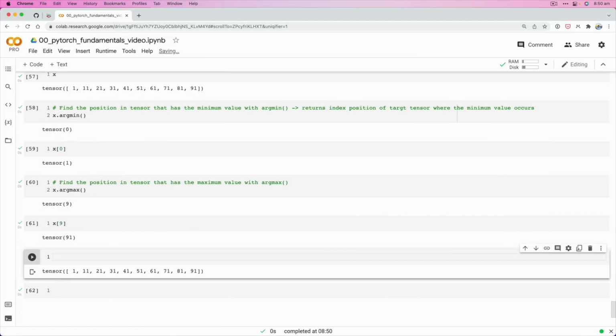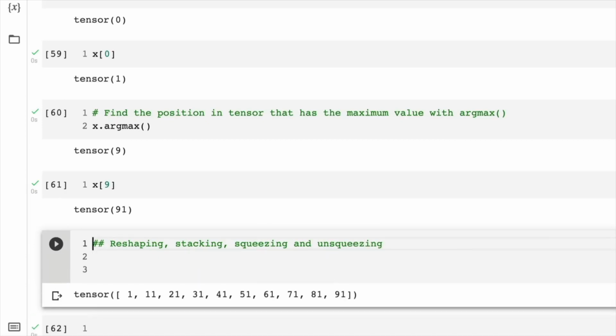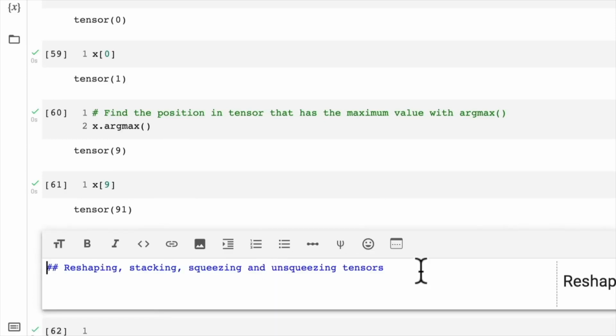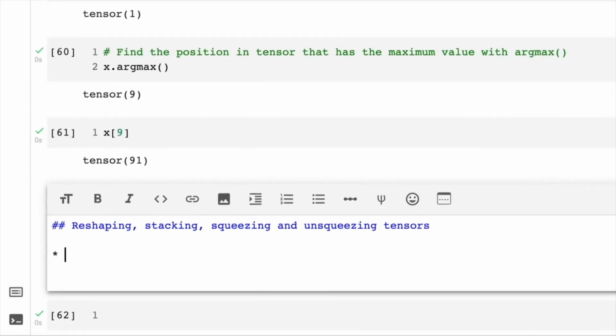Let's now cover reshaping, stacking, squeezing, and unsqueezing. You might be thinking, squeezing and unsqueezing? What are you talking about, Daniel? Well, it's all to do with tensors. And you're like, are we going to squeeze our tensors, give them a hug? Are we going to let them go by unsqueezing them? Well, let's quickly define what these are. So reshaping, as we saw before, one of the most common errors in machine learning and deep learning is shape